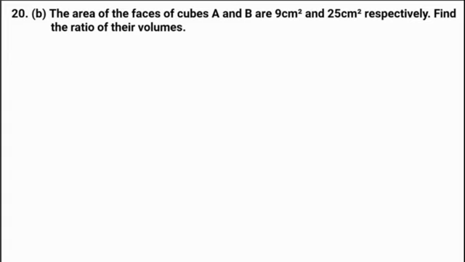What we are given here is the ratio of their area. So if this is the ratio of their area, 9 cm squared and 25 cm squared, we need to use this to come up with the ratio of their volume. For us to do that, first we need to write the ratio of their